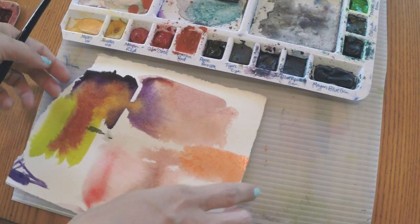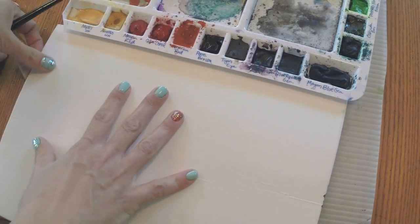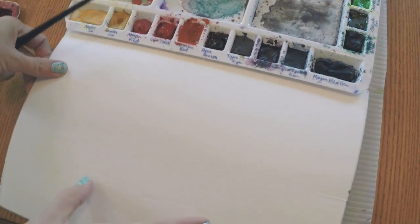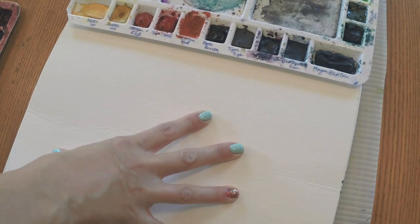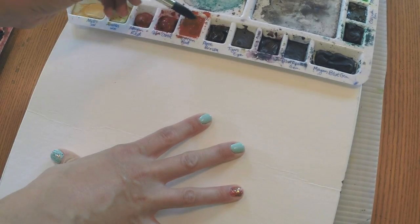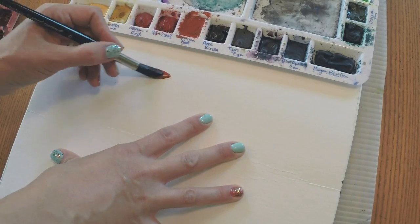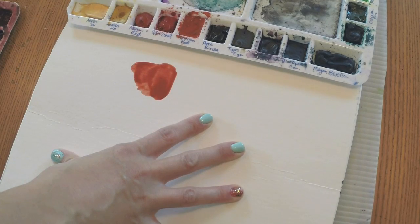Now let's see what Venetian Red does when we mix it with other colors. Okay, this is not actually watercolor paper. This is a chunk of mat board, but we're just mixing color, so we're not going to waste it. All we need is a white background so we can mix our color. So let's take Venetian Red, and you know me, I like to mix my color right on the paper. So we'll just take it here, and let's add